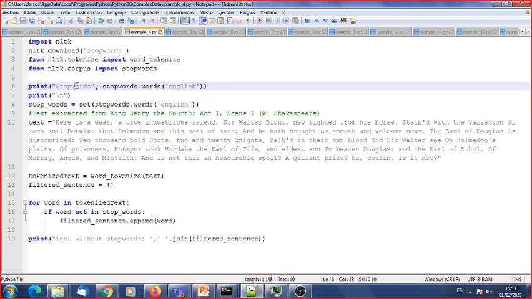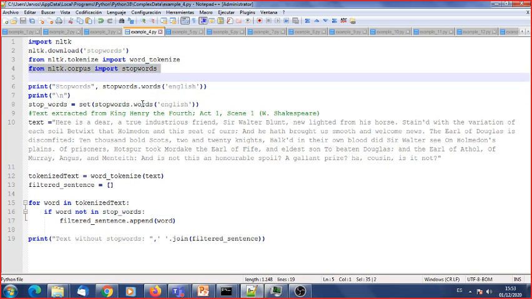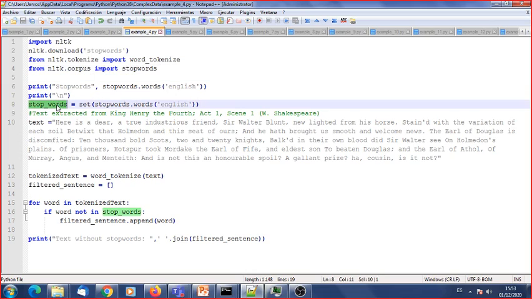Here, I will explain the code. Here, we use the stop words in English from this NLTK corpus, but here I use this stop word set. That means that each stop word only appears one time here in the set, okay? Maybe it's because I use this. Maybe you have the problem. I don't know.